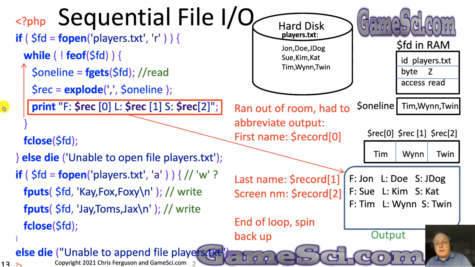Simple print statement. Again, I'm running low on room, so F is short for first name, L is short for last name, and S is short for screen name. I'm taking the data out of $record or $rec and printing it out on the screen. We've hit the end of the loop right here, which means we'll spin back up, but this time it's going